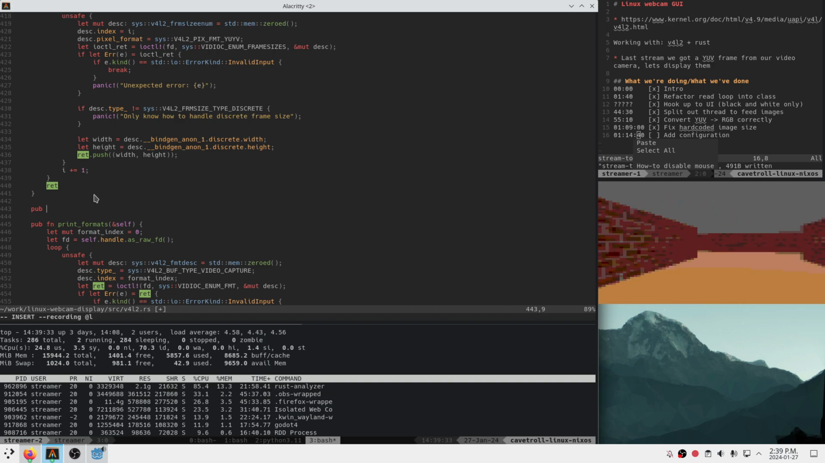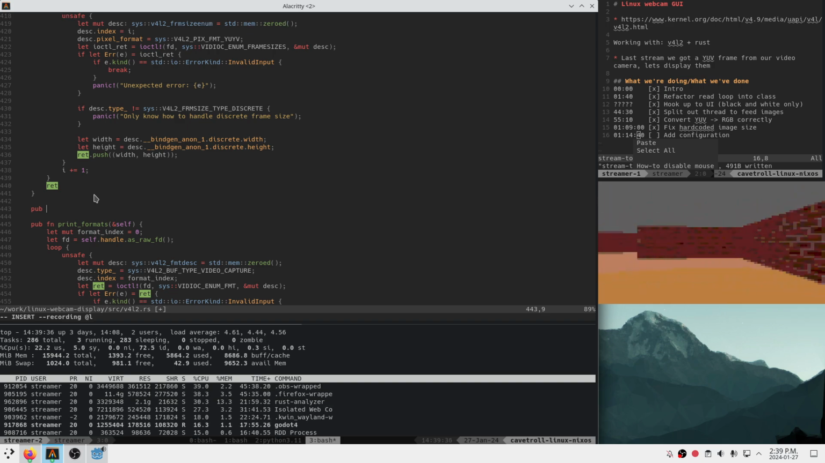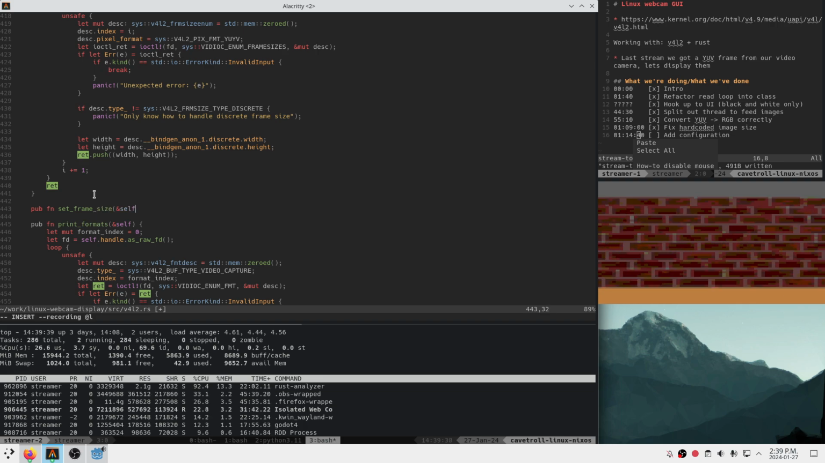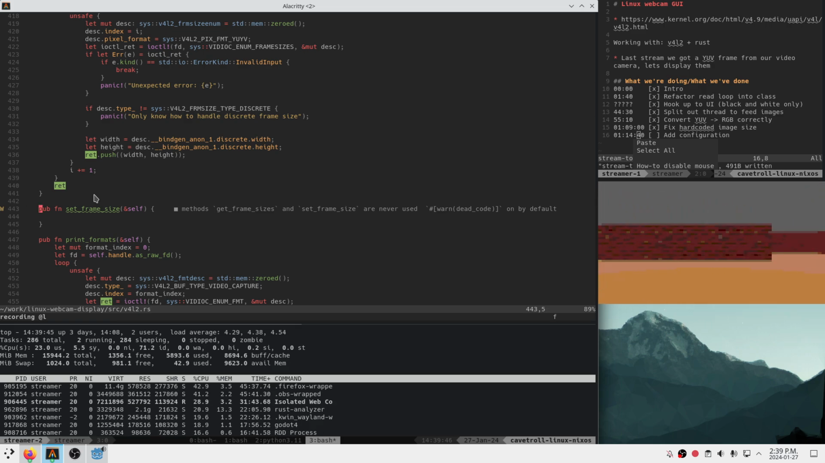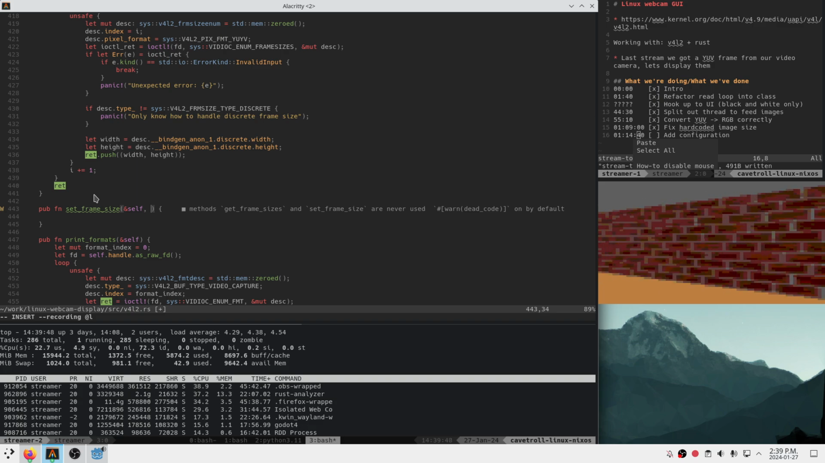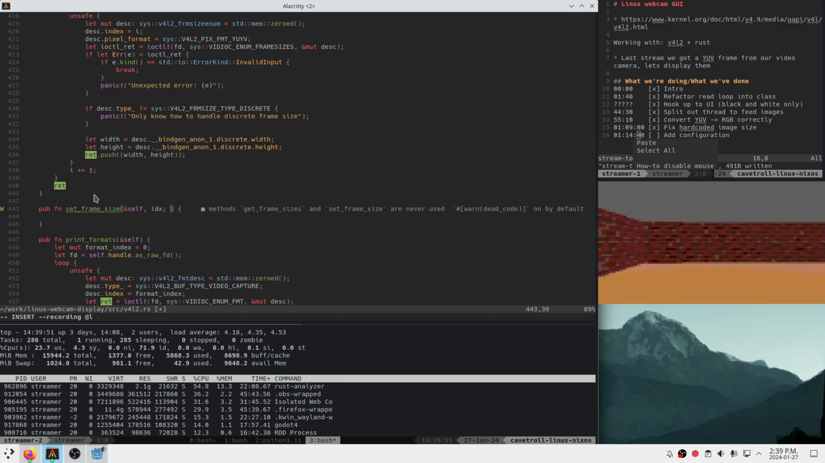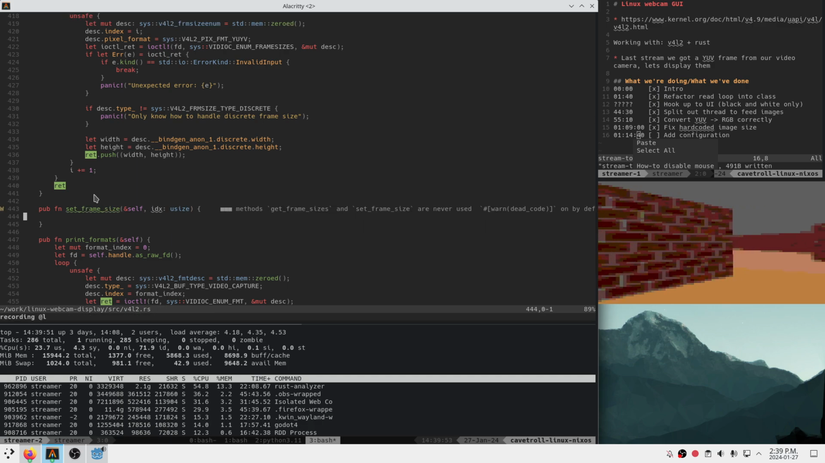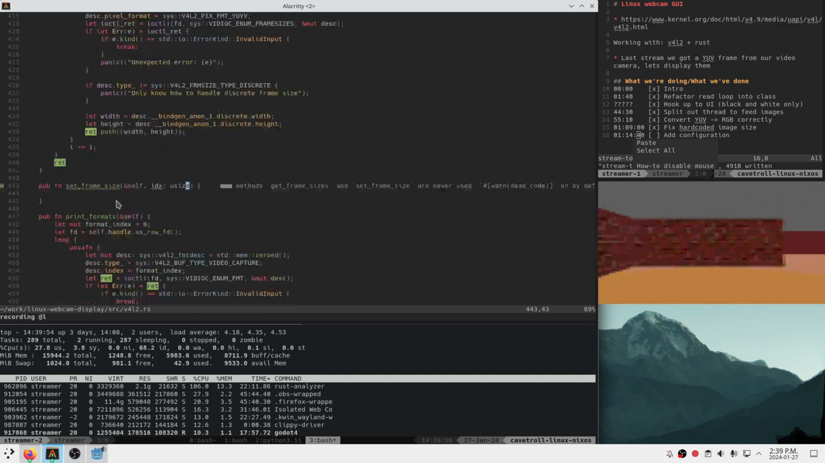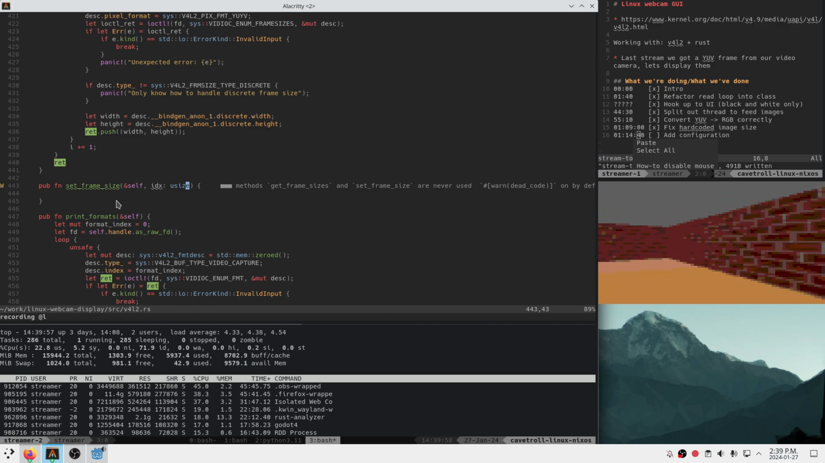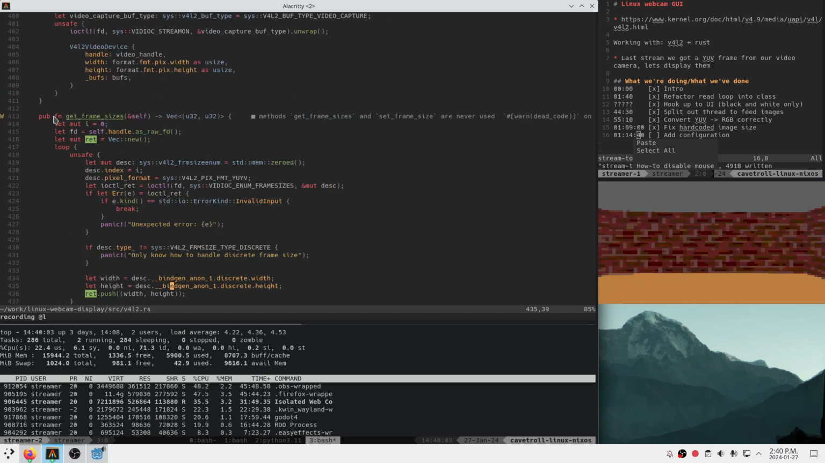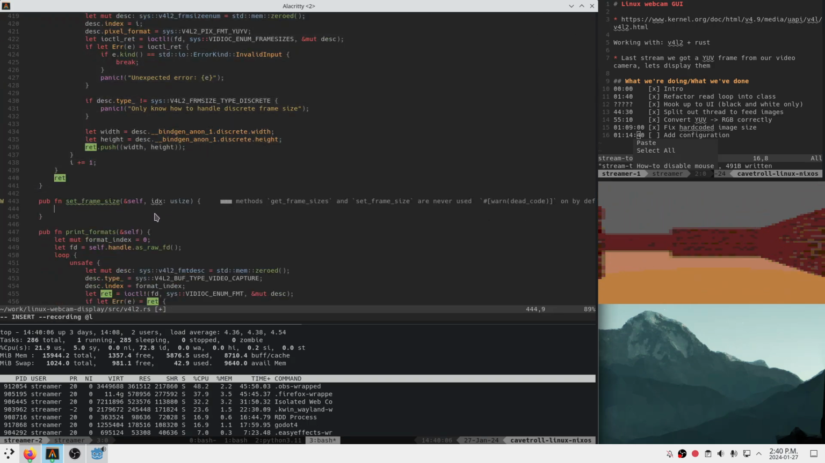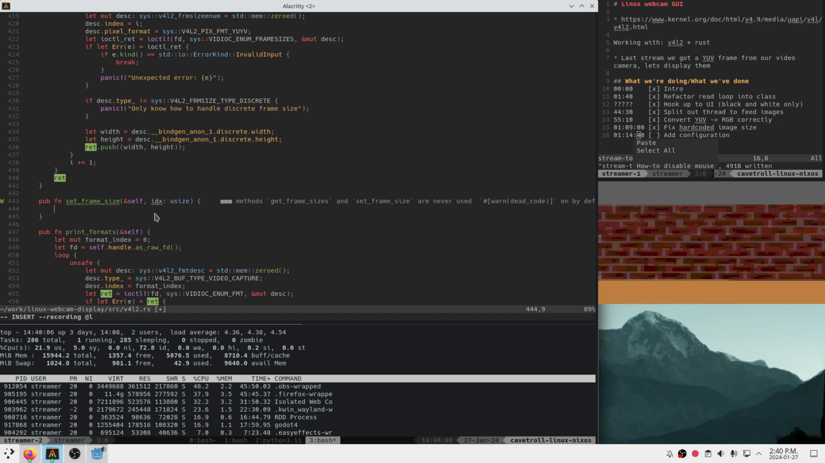How do we want to do this? Pub function set frame size, and he's going to do something. I don't really know what yet. Maybe, and what is he going to take in? Maybe he's going to take in like the index. That seems kind of nice. Because then there's like no way for us to pass in invalid widths and heights. We have to pass in which one of these things that we got are we going to set back. And then we can say